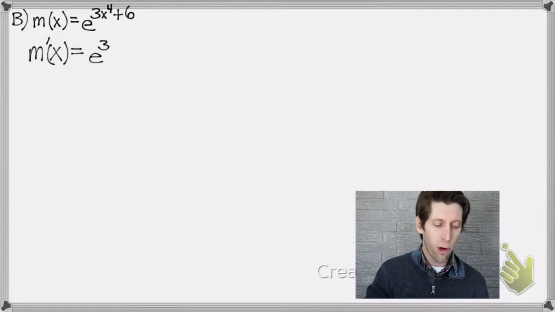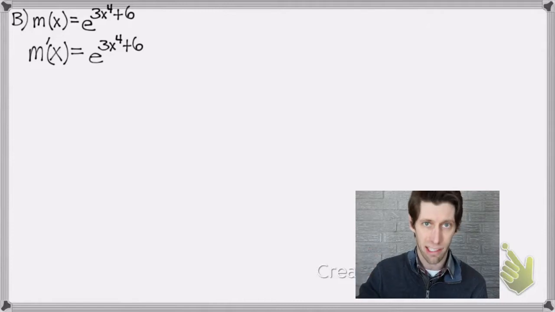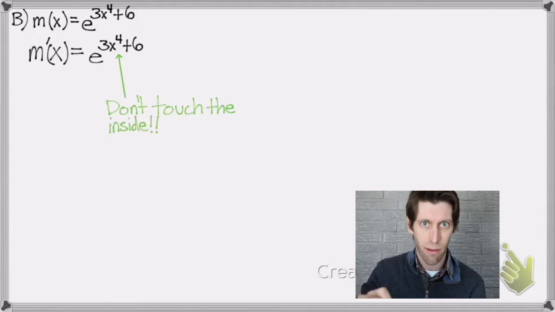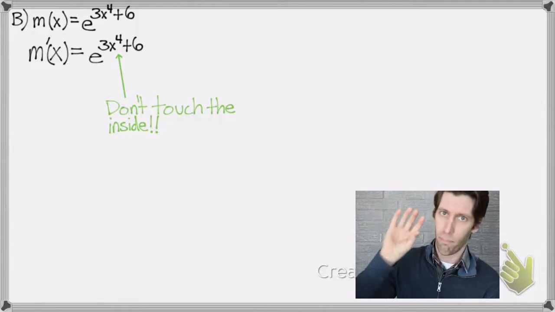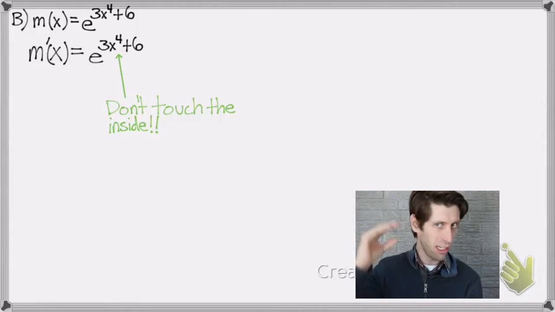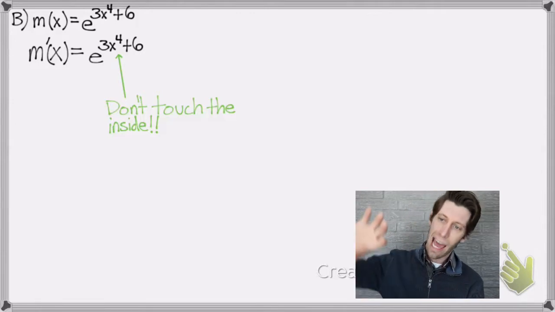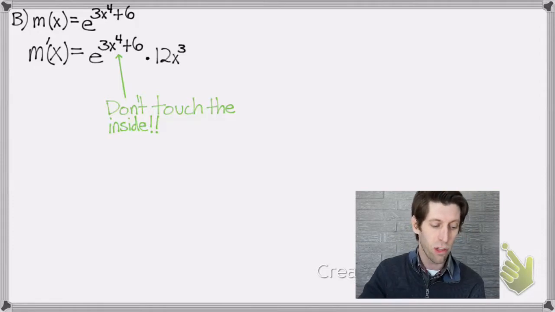So we're going to differentiate this using the chain rule. We're going to take the derivative of the outside function. And remember, the derivative of e to the x is just itself. So you'll notice here that I do not touch the inside function. In particular, I don't take its derivative yet. So the derivative of the outside function, e to the whatever, is just e to the whatever. And I don't touch that inside function. And then at the very end, I multiply by the derivative of the inside function, which in this case is